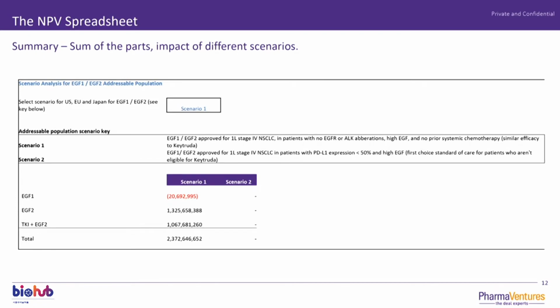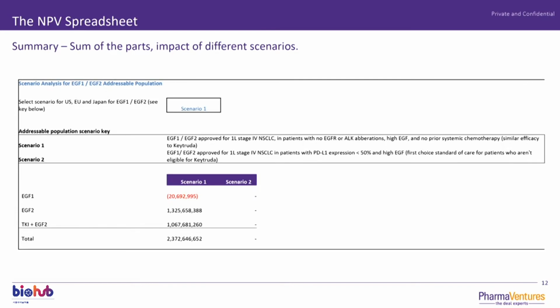In scenario 2, it's similar, but with PD-L1 expression less than 50%. At the time, people didn't tend to get prescribed PD-1s, PD-L1s if their PD-L1 expression was less than 50%. So it's a variant on the two populations. It would change the patient numbers, and there you can see what the model actually told us with those assumptions